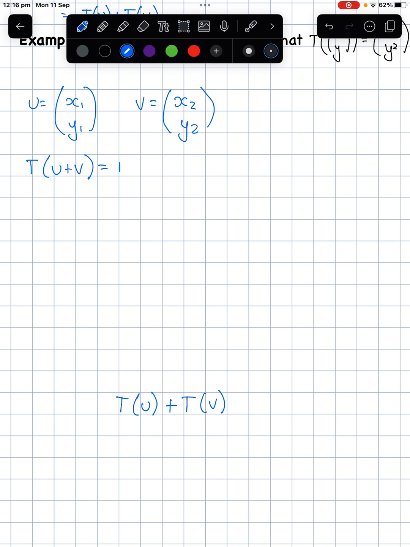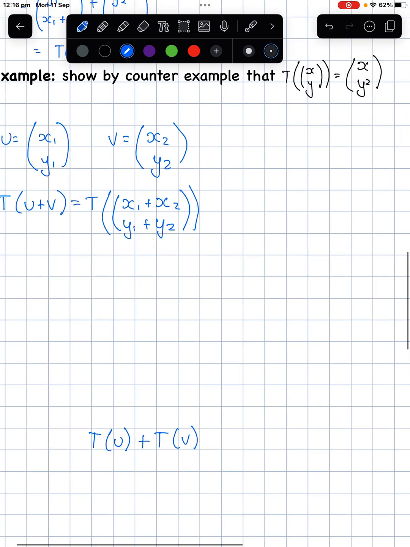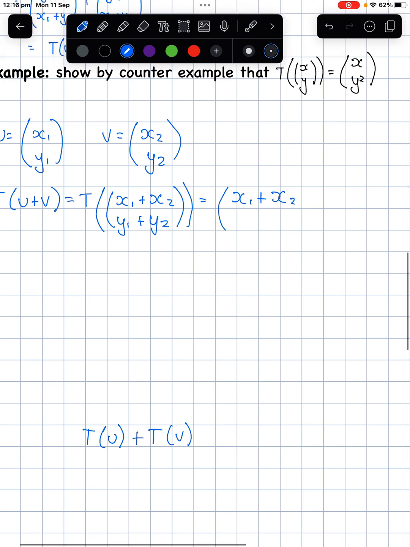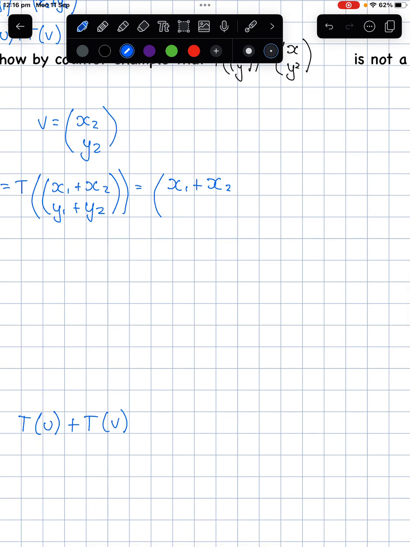So this means we'd be looking at T of x1 plus x2 over y1 plus y2. Now, if you look at their example, they picked one of these as just 1, and the reason they've done that is it makes it a lot simpler. But when we put this in our function, we just get our x values back out. So we're going to get x1 plus x2. But then our bottom one here is squared, so we end up with y1 plus y2 all squared,